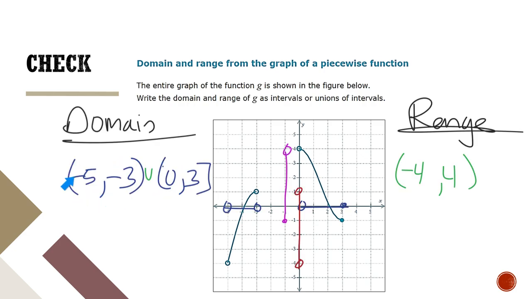So the domain is very similar to what we did before. The range is a little bit different where these two pieces kind of join each other. So it's starting from -4 and then it joins with the magenta one and keeps going up to +4. So it's all of this range here. It's like, again, adding these together. These kind of merge in the middle. As long as they merge in the middle, we don't recount them twice. We just say, well, -4 goes up to here and then it starts here and goes all the way up to +4. So it's going to be that one thing